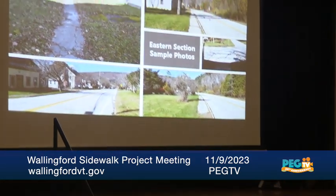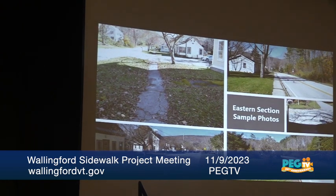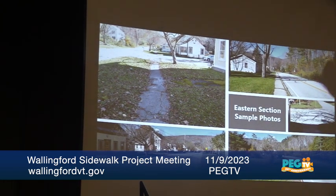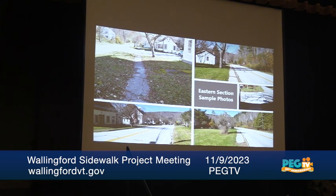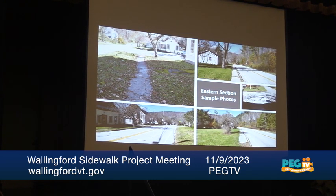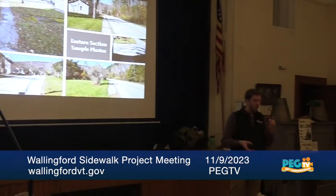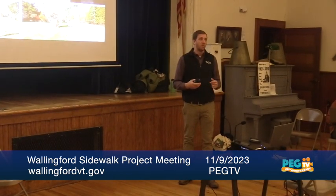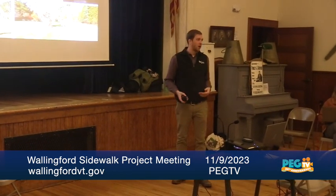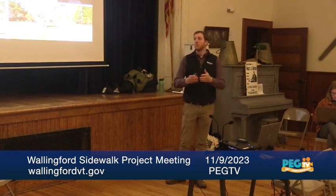The biggest thing to note is the sidewalk shifts over to only being on the south side of the road, but it also narrows out the further you get away from Route 7. So where we start right around Route 7 at that 5-foot wide sidewalk, we then eventually make our way down to about a 3-foot wide sidewalk. So that's where our biggest impacts are most likely to occur for constructing the sidewalk itself. Maybe not impacts to adjacent properties because you do get more of a grass belt down there, but wider impacts